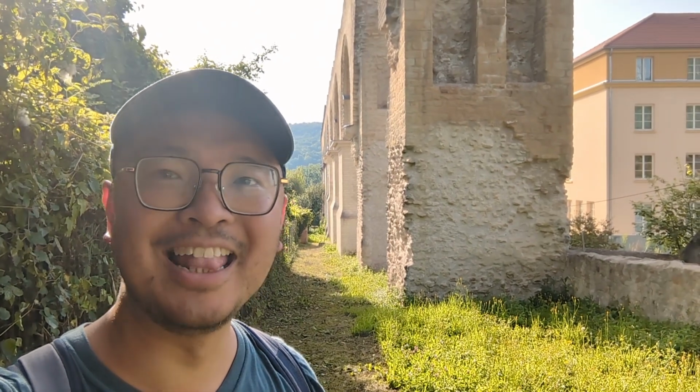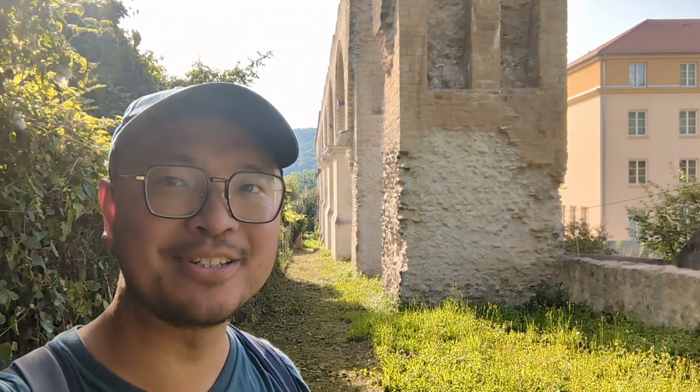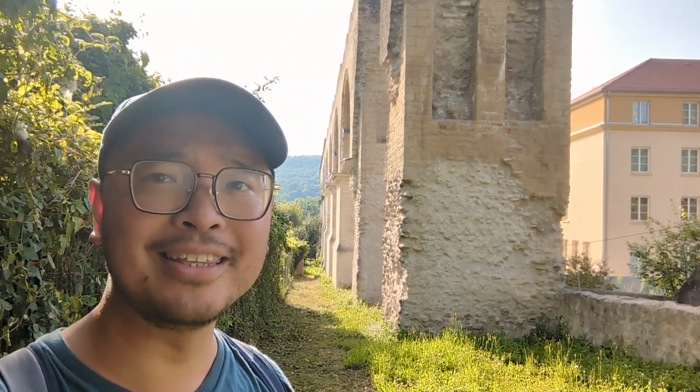Look, there are a lot of extant aqueducts from Roman times that you can still see nowadays. I suppose even in France, this isn't necessarily the most famous. Probably the most famous is the Pont du Gard down in southern France. But this was an interesting journey. It's quite nice to be able to come so close to see what exactly it does, how it works,